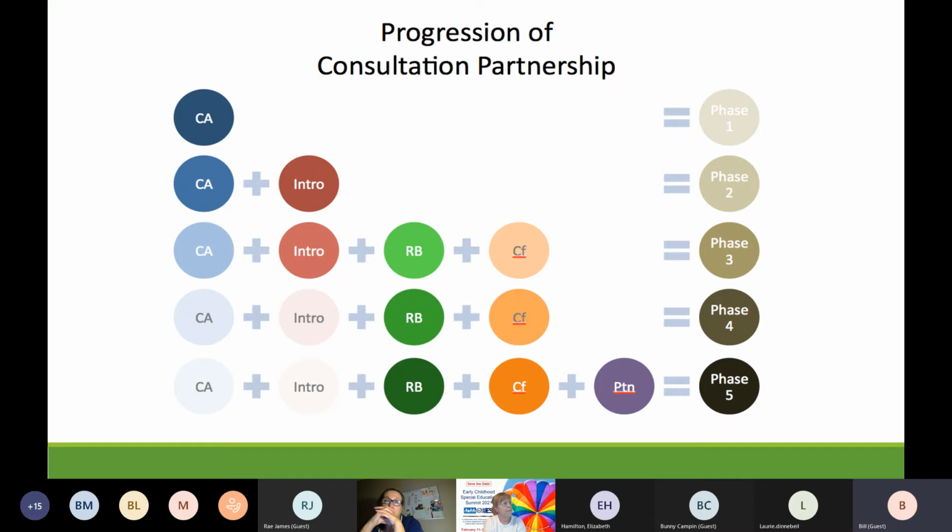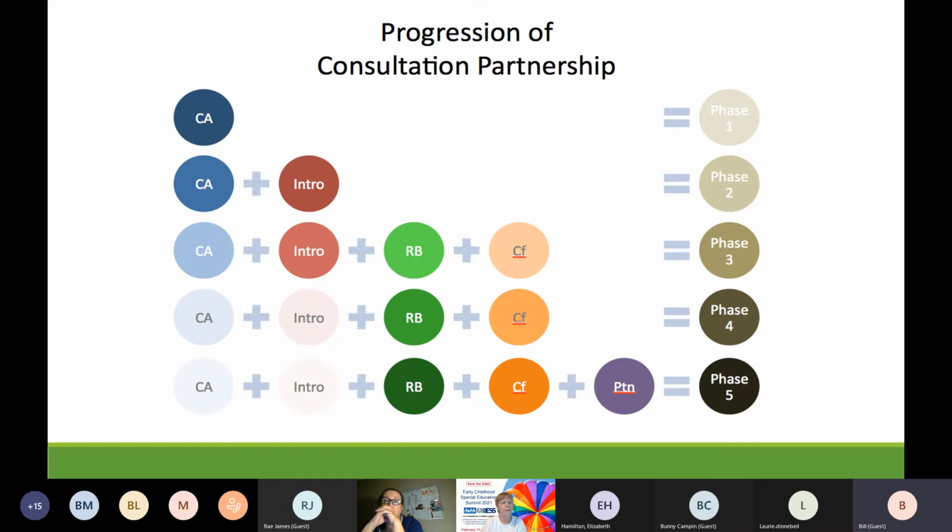The next stage is called rapport building, RB, which is an extremely critical phase of interpersonal relationships. That is the quality of the interactions between the consultant and the gen ed partner, the way that we transfer knowledge and skills, the way that we interact respectfully with partners, which moves us to the fourth